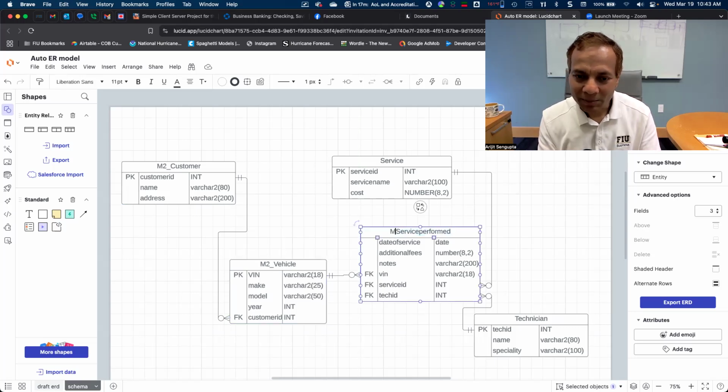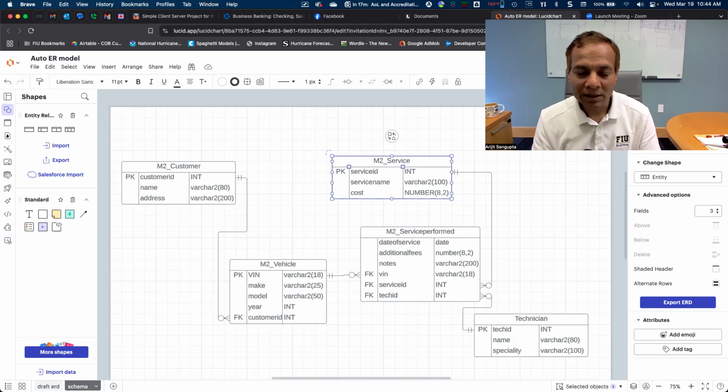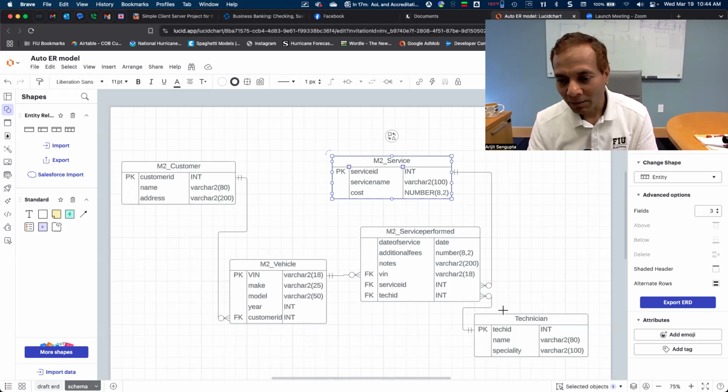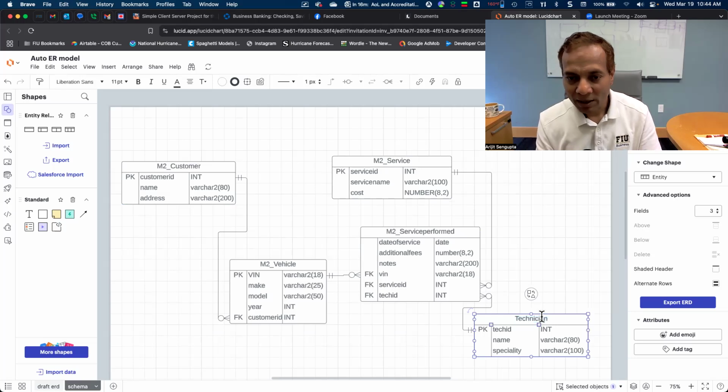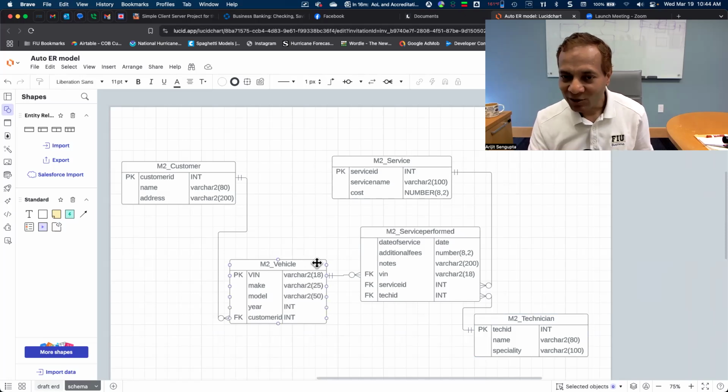Since I want to keep these tables together, this is again an optional part, but this will help you a lot, because if there is already a customer table in your database, you might have a conflict between that customer table and the customer table that you're creating. So ideally, put a prefix so that all your tables created from this schema will have the same prefix and it'll be easy to deal with. By doing this, notice that our process of exporting to a database is going to